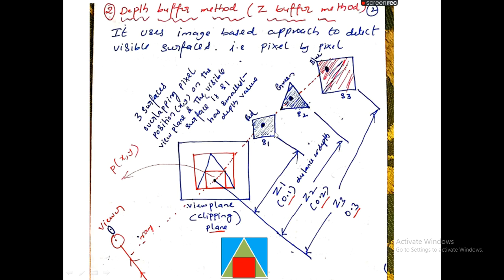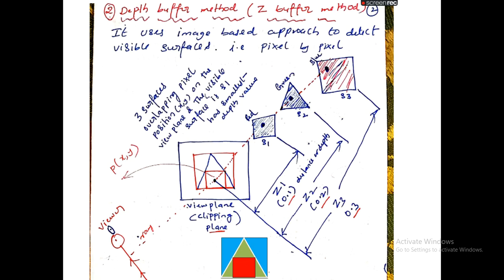When we are viewing these three objects, S1, S2, S3, how can we view them? Now you can see that I displayed them, and we are able to view these three objects in this manner. Now, the part of surface 2 is hidden from surface 1, and also the part of surface 3 is hidden from surface 1.